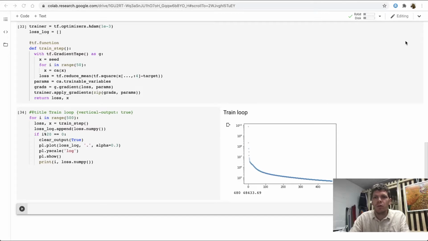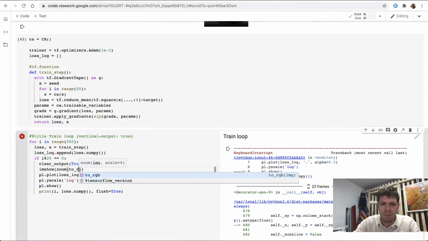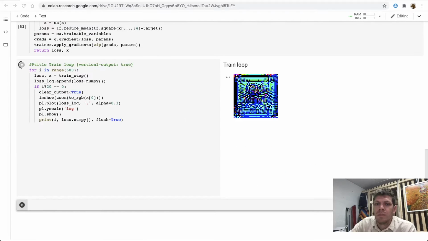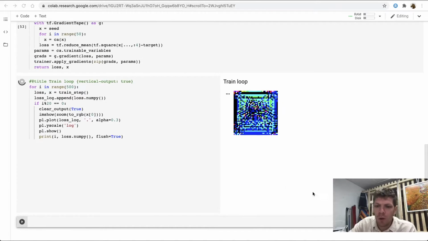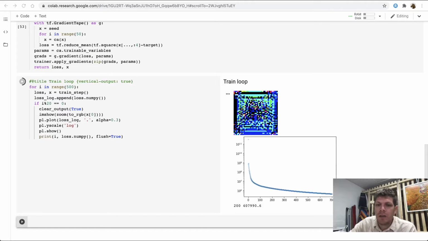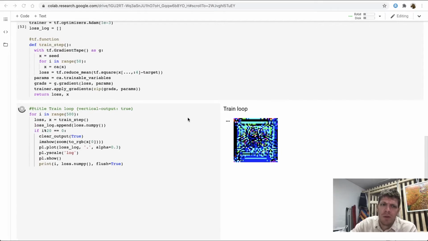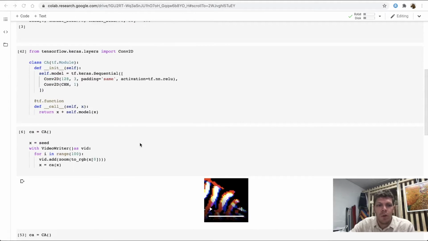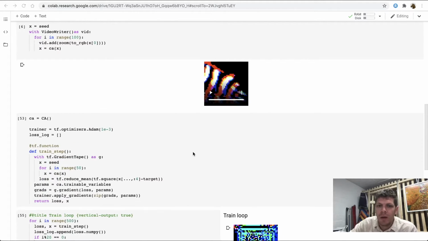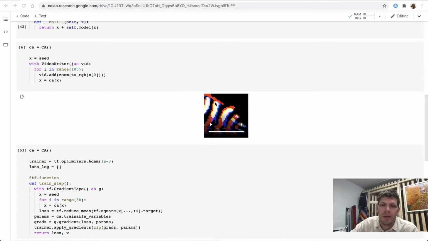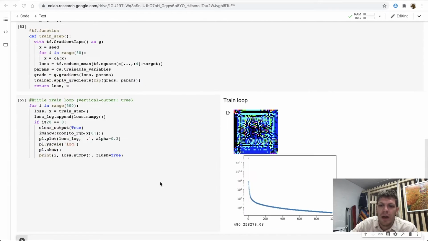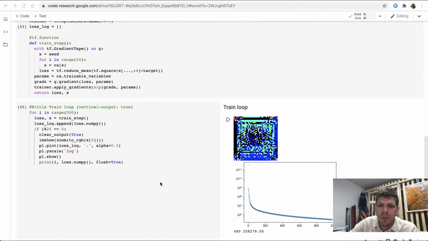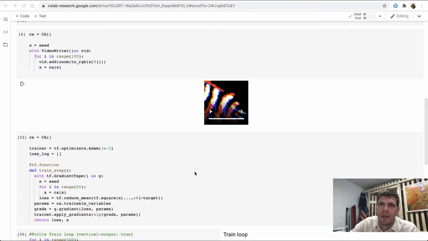I want to see the evolution of final states of the grid during training. We see now that in spite of loss going down, the final state of the grid still hardly resembles the target pattern, and there is a simple reason for that. The initial behavior of our cell automata already produces some complicated pattern on a grid that has very strong activation values,